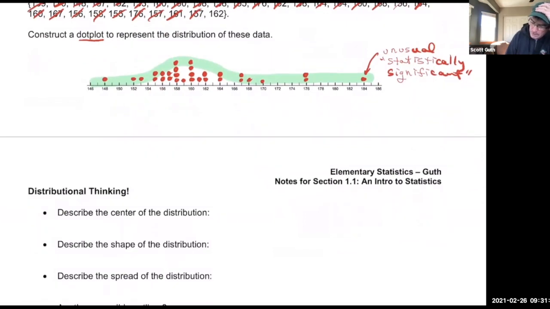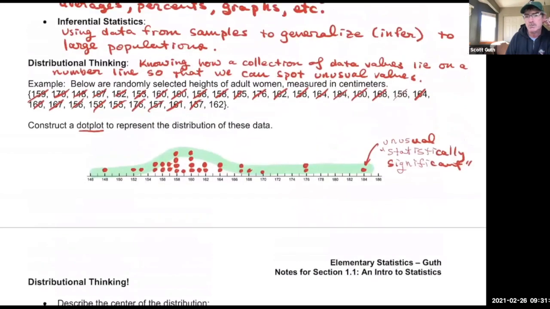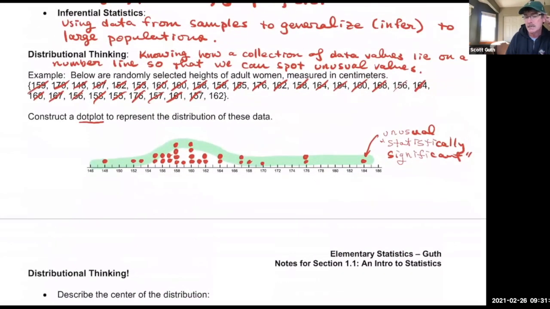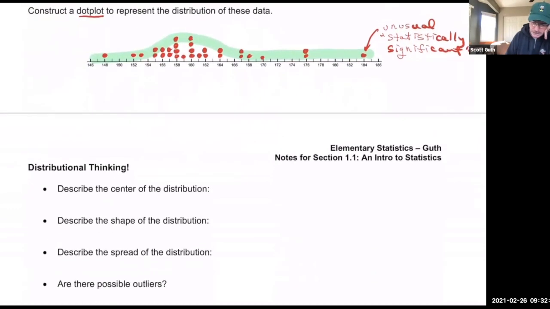But we were able to do that when we know what the distribution of the data values looks like. If I'm just looking at these numbers, I can see she's tall, but I don't have a sense that it's really significant or how much she stands out without looking at the distribution, and seeing especially where the most common values are. I get a sense of the average here. So if you look at this on the next page, it says describe the center. Well, I would say the average